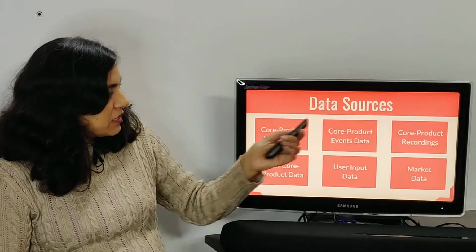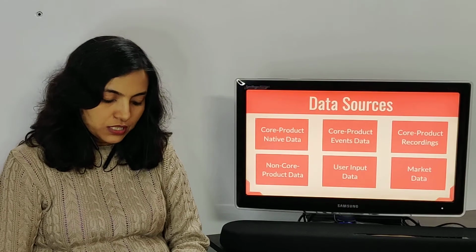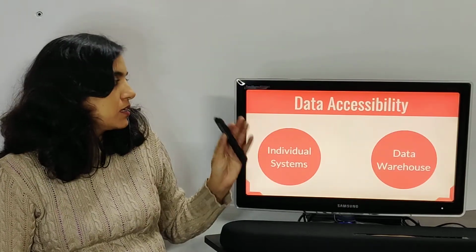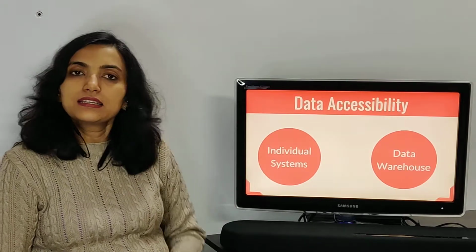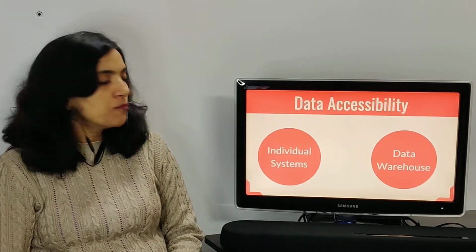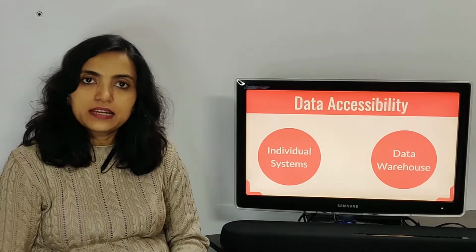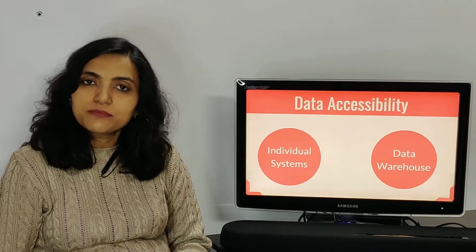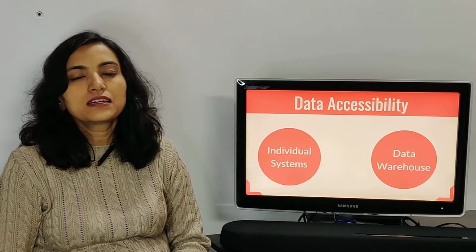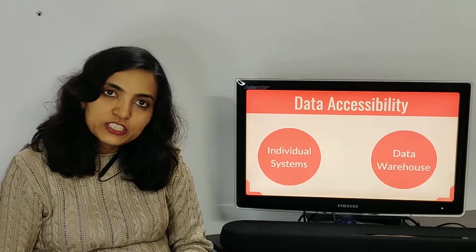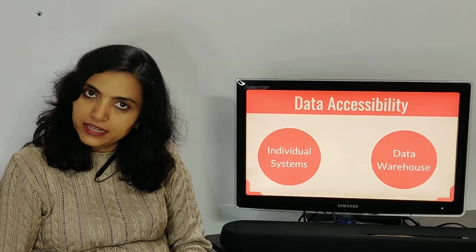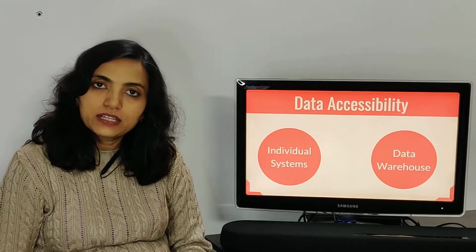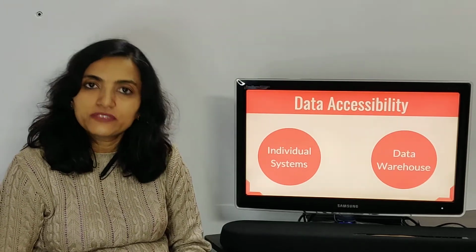So now when the data is coming from all these sources, how do you access it for analytics so that you can answer your questions? So the data can of course reside in the individual system that it comes from. So your product native data will typically be in a relational database. Your customer support data may be in Zendesk. You might be using MailChimp for sending marketing mails, so your email data will be there. You might have connected with a system like Braze or CleverTap for user engagement, so your notification data will be there, and so on.